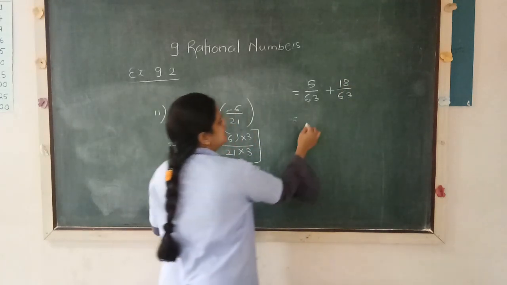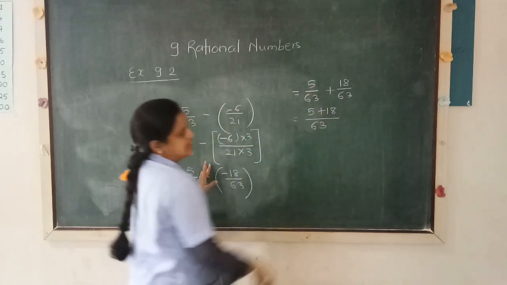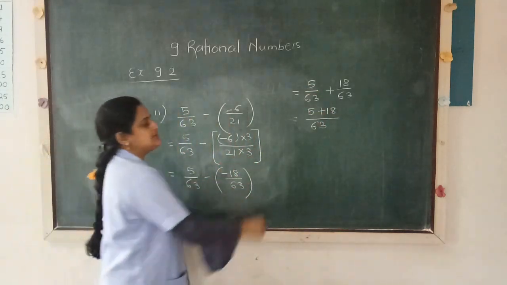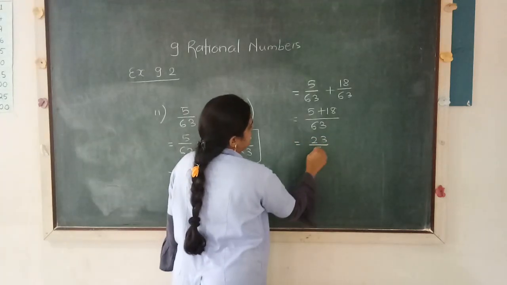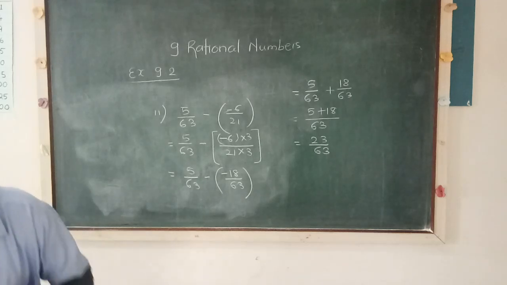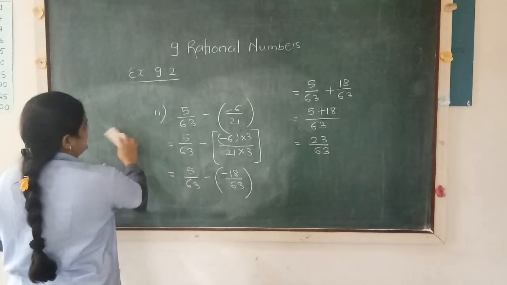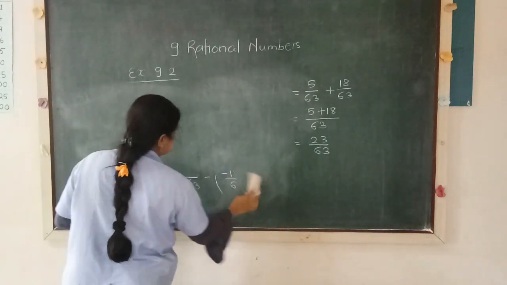Okay, now the denominators are same. I can easily add the numerators and I can get the further answer. Okay, the remaining part please complete. Now, there is just the problem of convention, how to write it. So I am explaining. Now see the next.